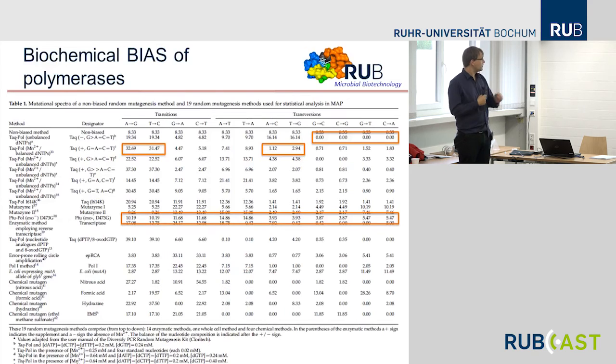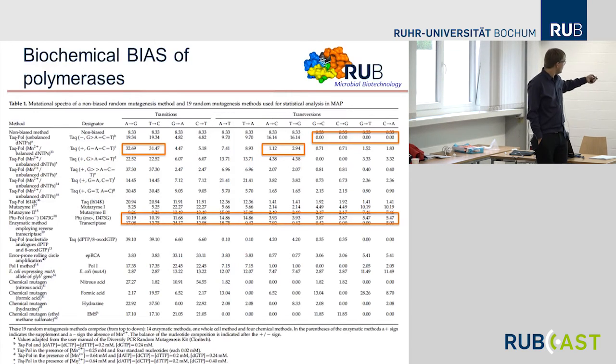So this is a very difficult to understand slide. This is a systematic approach of comparison of different polymerases and the mutation rate. So if we have all exchanges in the same likelihood, we would have 8.3 for all of them, right? So these are the possible ones. In the ideal case, here under this real conditions, A to G and T to C happens each with 30%. So if you have a library, 2/3 will have only transitions,